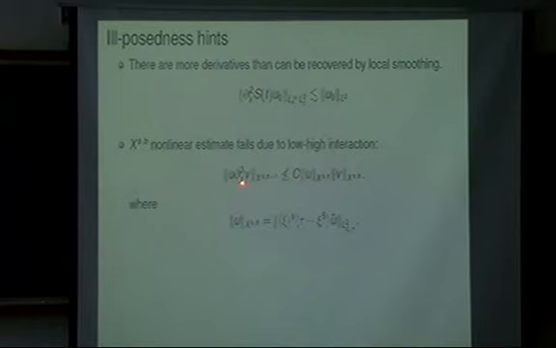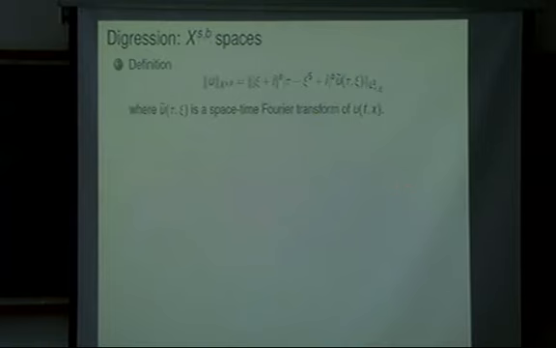Okay? So if it were two derivatives, then the estimate is true, but because it has one more derivative, the estimate is not true. So this is just a caveat. That counterexample is just a counterexample for the X^{s,b} space. It doesn't say anything about the local well-posedness, but it just gives us some hint how to find the ill-posedness counterexample.